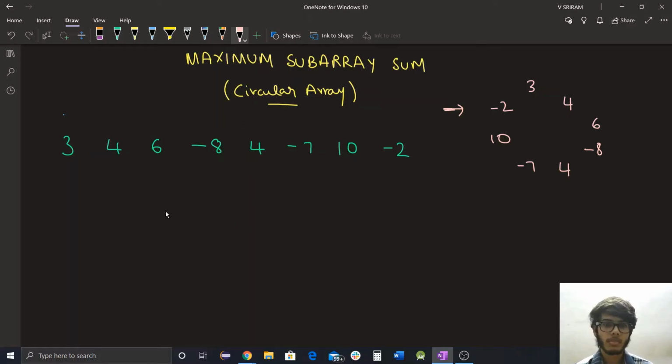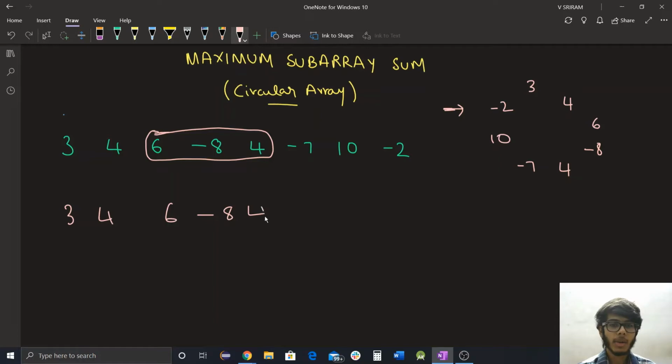Now it is easy to observe that there are two possible cases. In one case, the subarray does not wrap around the array and lies somewhere in the interior of the given array. So that situation would look something like this. And there is another case in which the required subarray wraps around the original array.